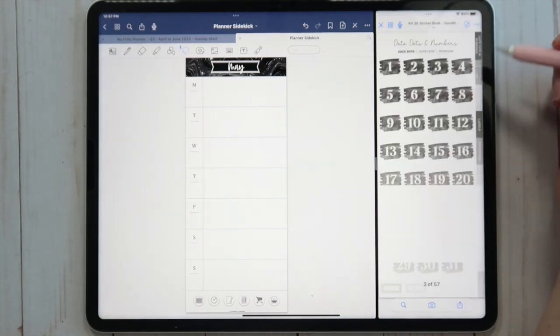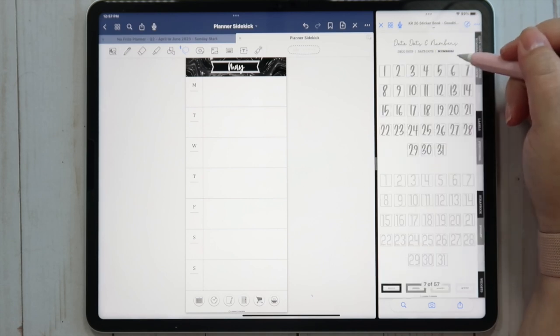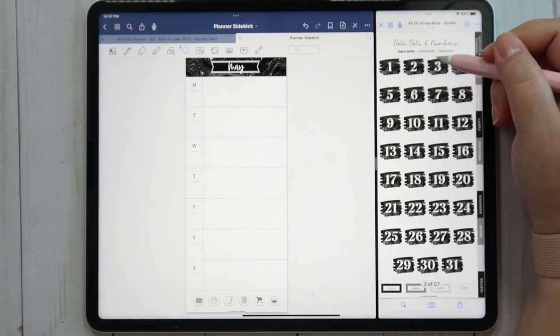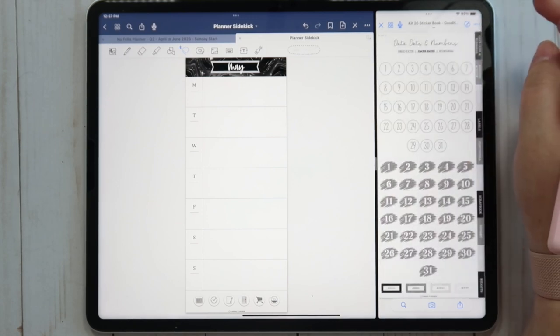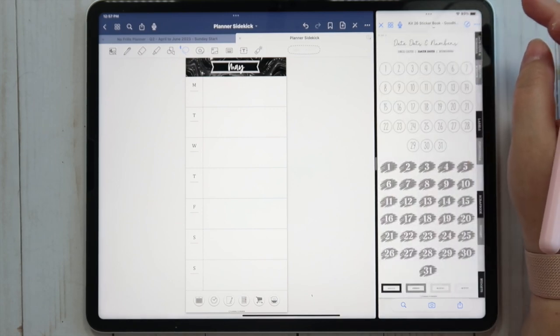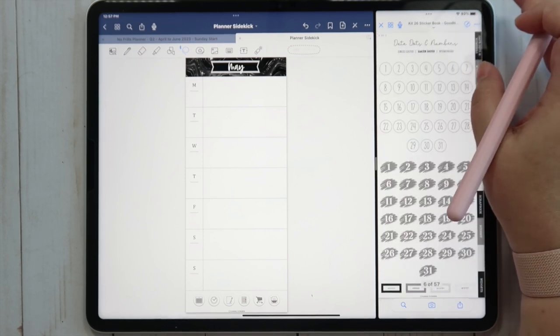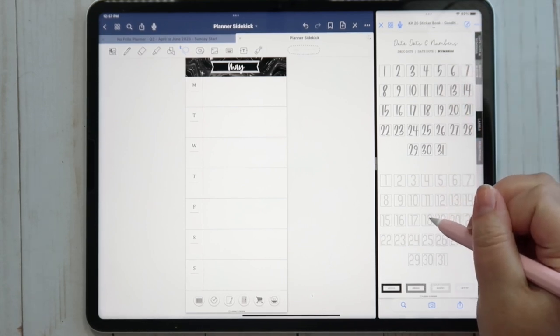And then I'm gonna go to my date, dots, and numbers, and ooh, kind of leaning towards these deco dots, but I also, the brush stroke would be pretty cool too. I'm liking these numbers quite a bit.